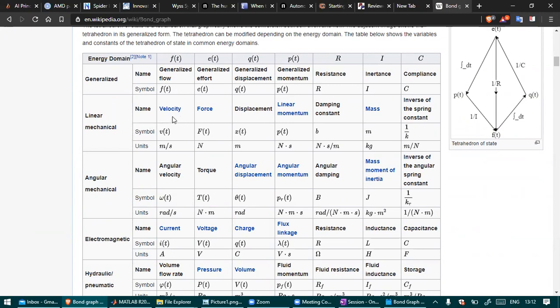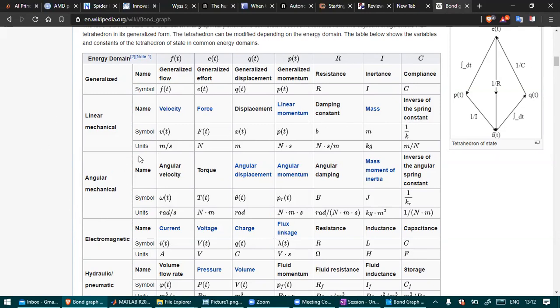This lists the velocity, basically force, the displacement, momentum, and damping, mass and spring, but equivalent of those in different